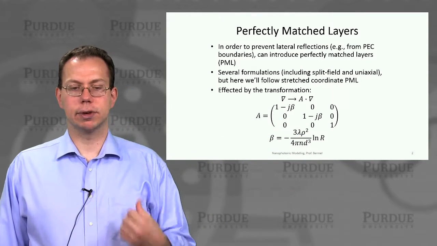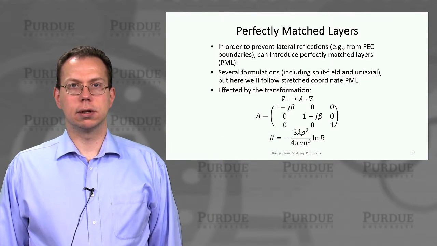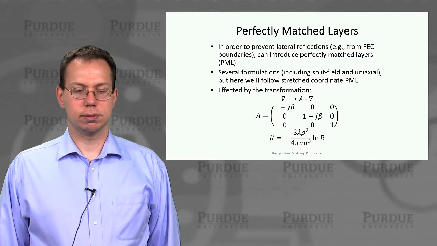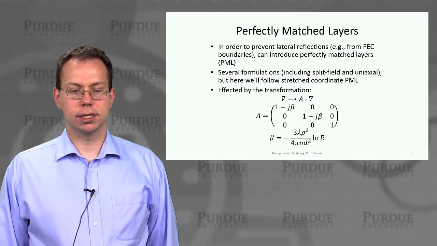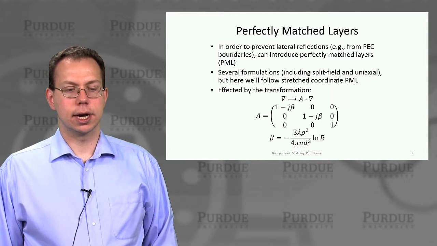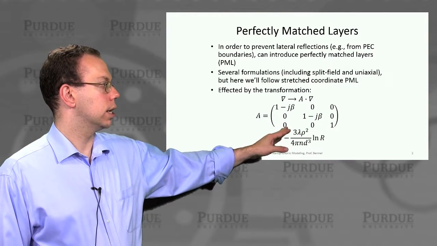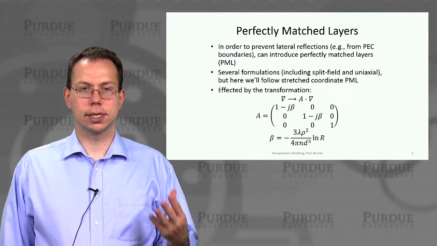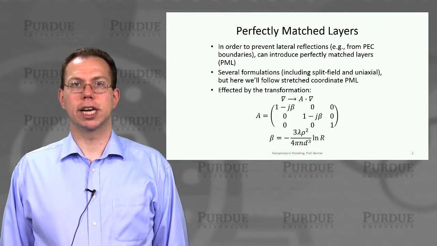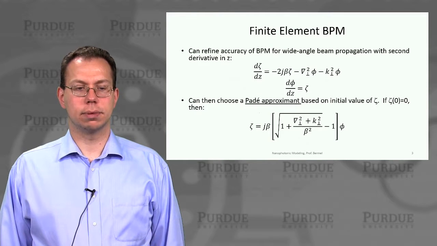And so that means that we have both real and imaginary space at this point. This beta is chosen very specifically based on the details of our simulation, and this is the formula that we typically use. This is explained in detail in Obaya's book, if you want to look it up.